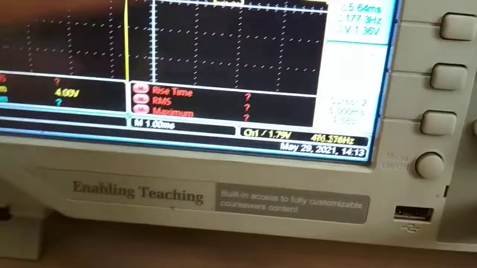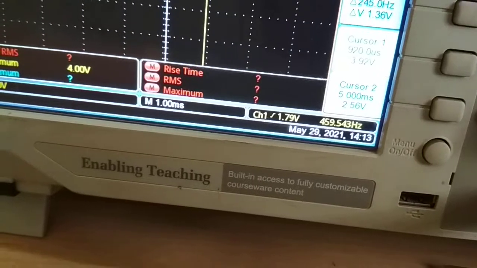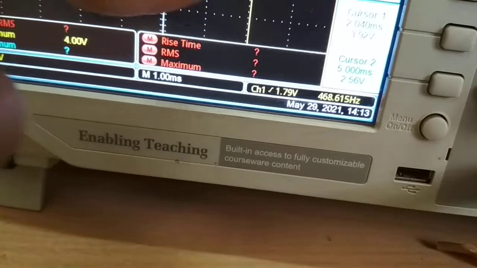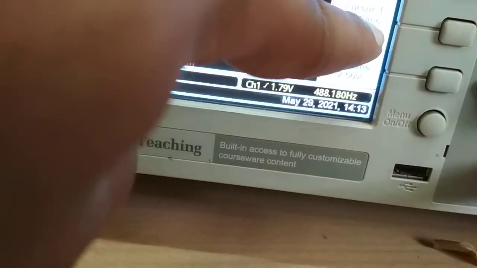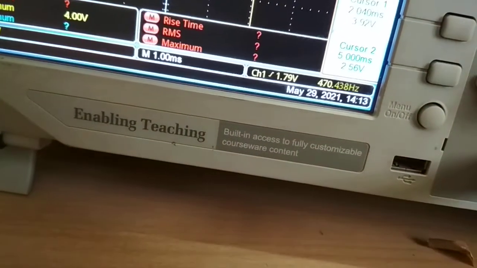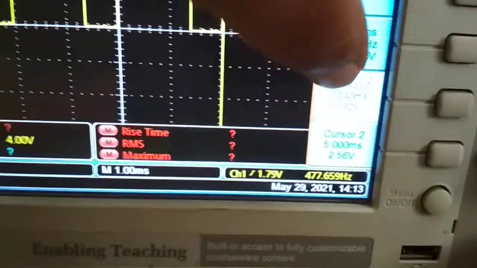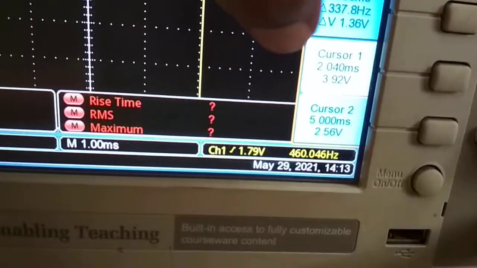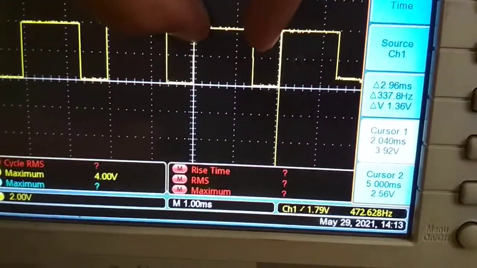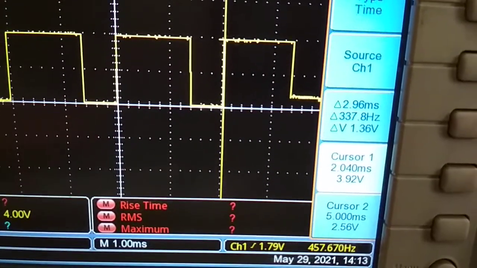Why is it showing minus? Because the cursor is at this axis. If my cursor were at the right position, it would show differently. You can observe this T off also. The total of 2.046 millisecond minus 1.3 is my T off. I have measured the T on, which is 1.3, so this 2 millisecond minus 1.3 remaining is my T off. This is my T off time and this is my T on time. Just measure this reading. This is the total T, and total T is 2 millisecond.